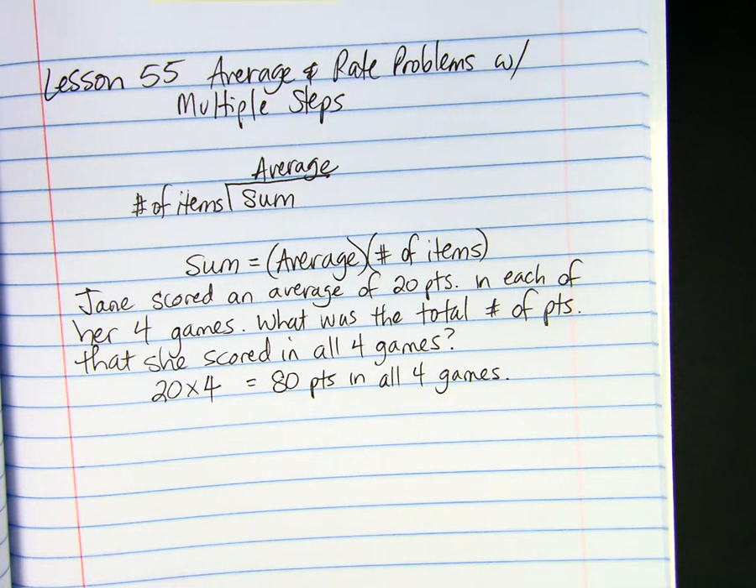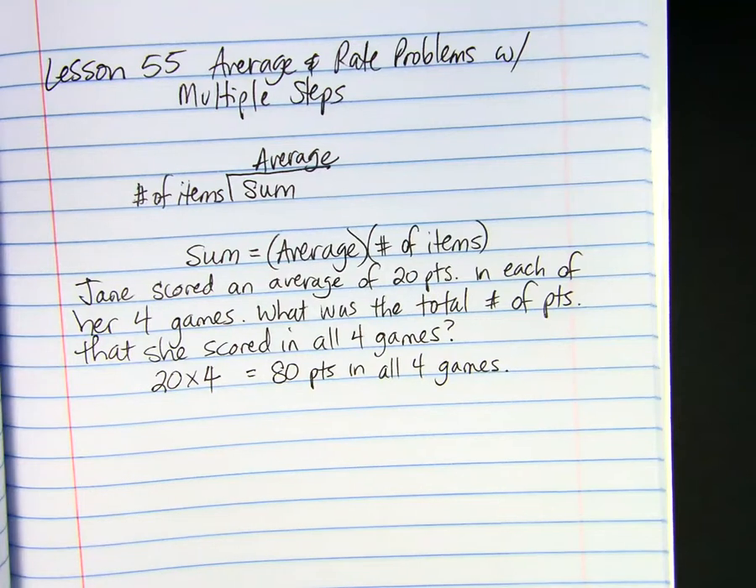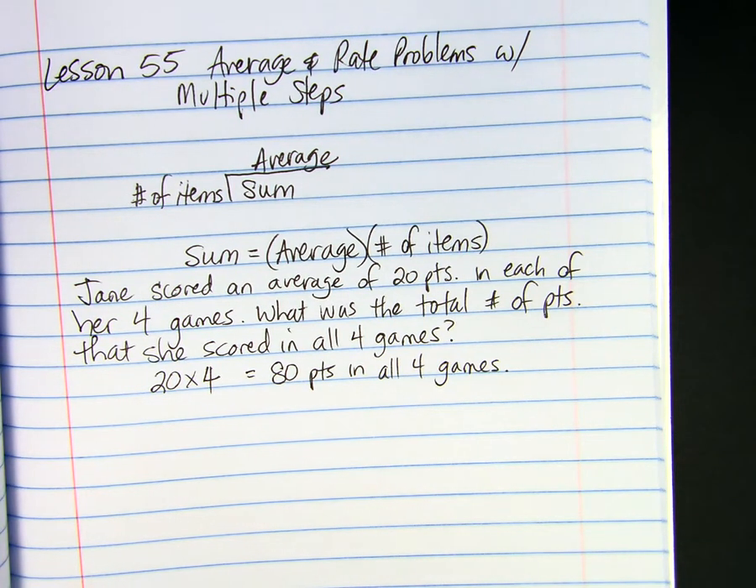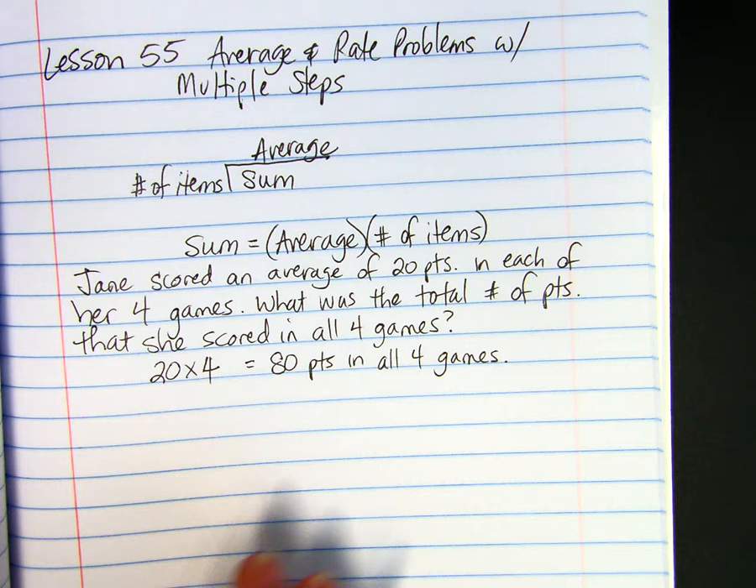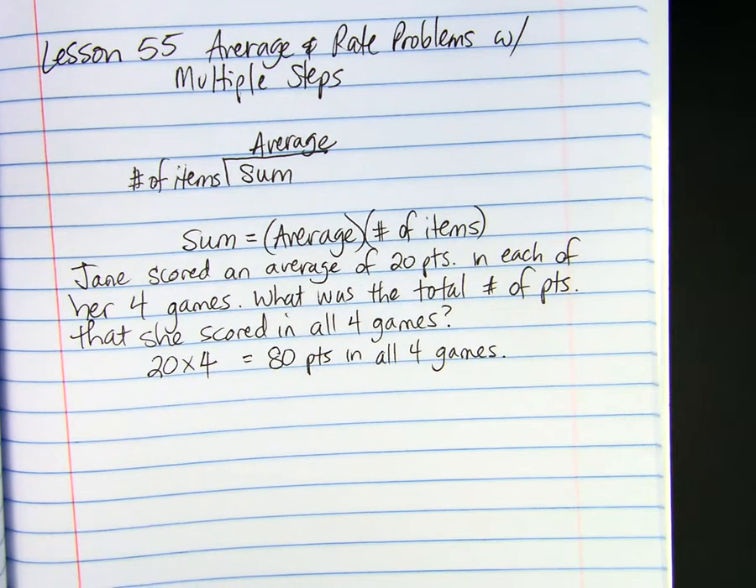So if she had 4 games, kept track of all of her points, and it was 80, then the average would be 20 points a game, which is what they gave us. So